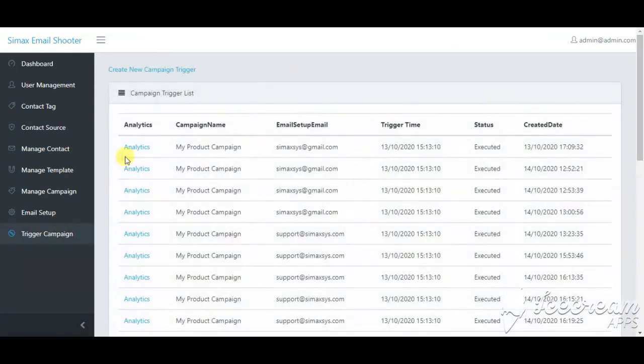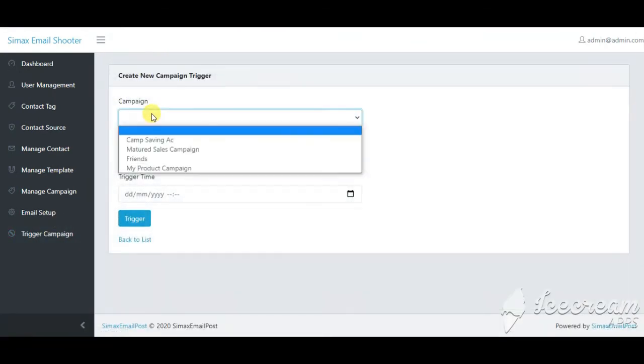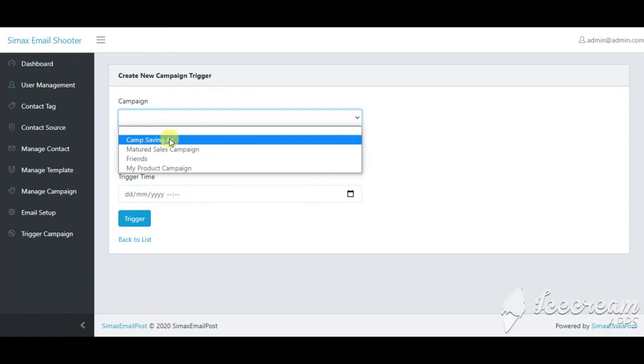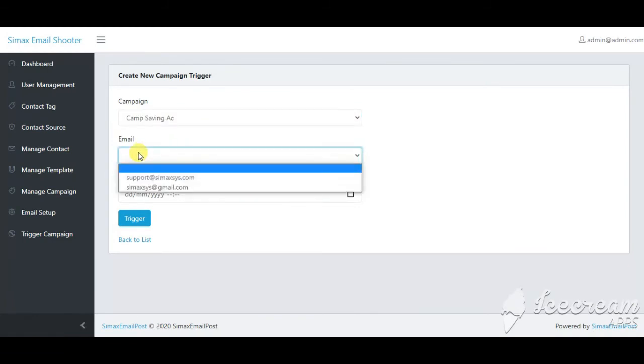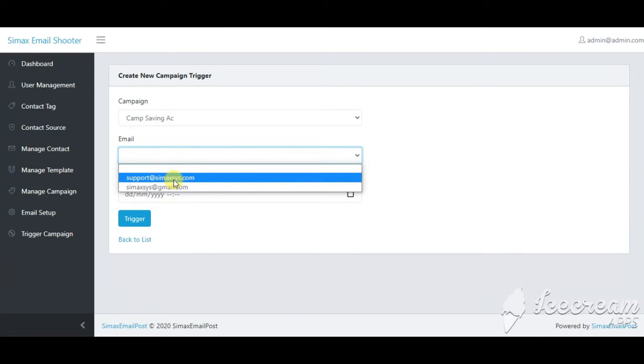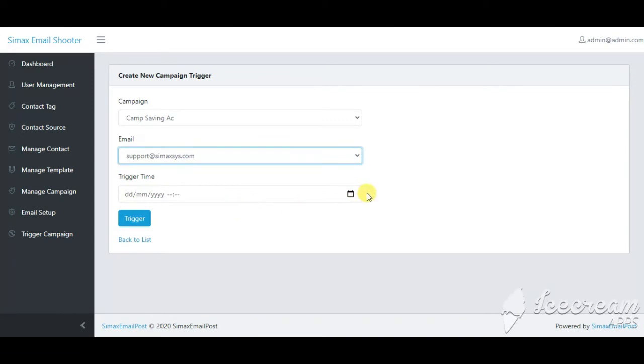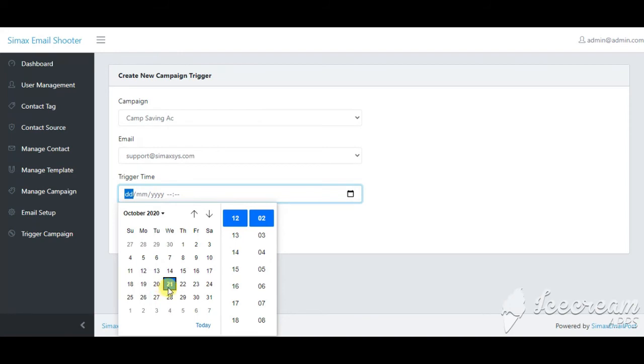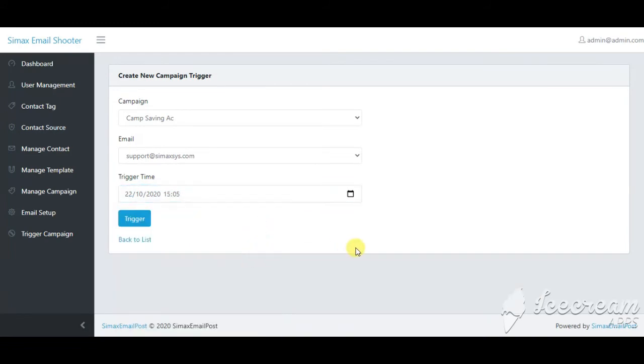Now you can trigger a template. Here I selected the campaign saving account. Then you choose which email you want to use to trigger all the templates. I selected this one, and this is the trigger time. I want to send this template tomorrow at 22:00.